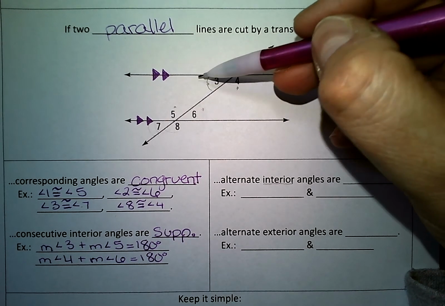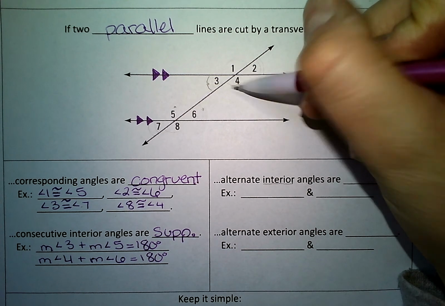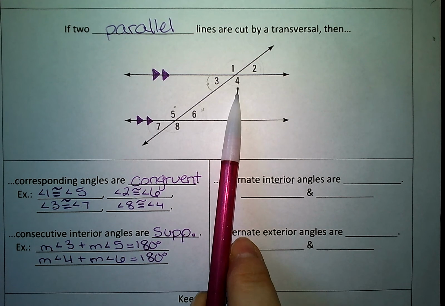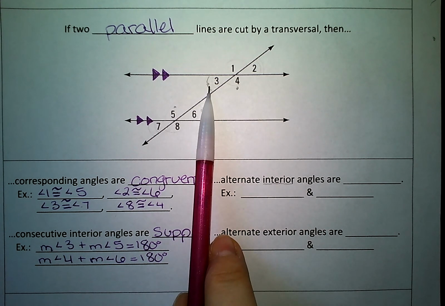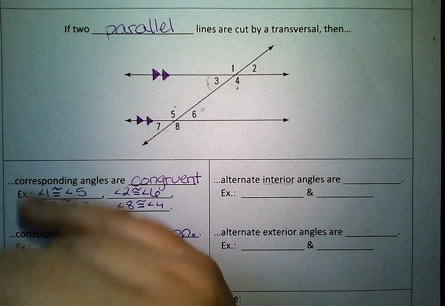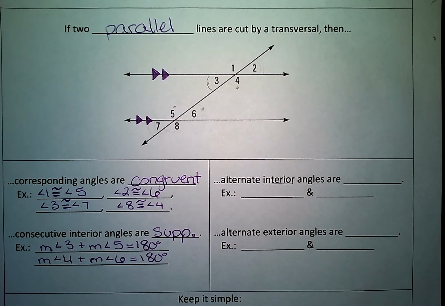Angle 3 is on the left side of the transversal, so the angle on the opposite side of the transversal could be angle 4 or angle 6. However, angle 4 already has a special relationship with angle 3. Angle 4 and angle 3 are considered a linear pair. In fact, they don't even need the second set of angles down here to have a relationship. To use the second set of angles and to also be alternate interior angles, we would want to use angle